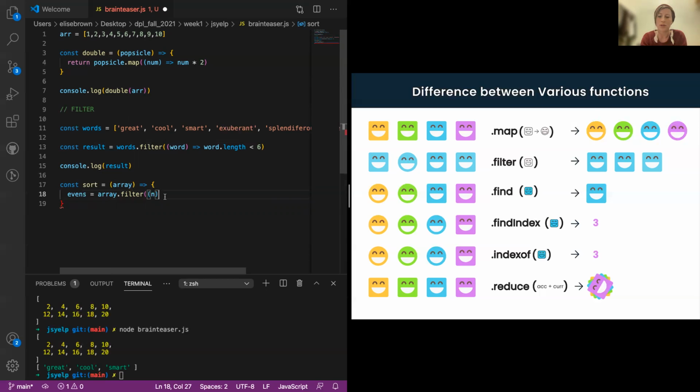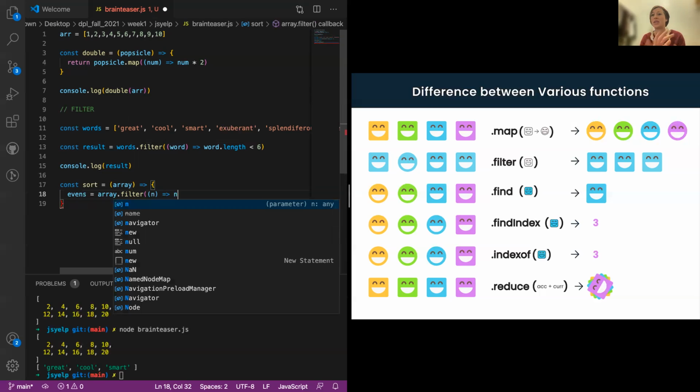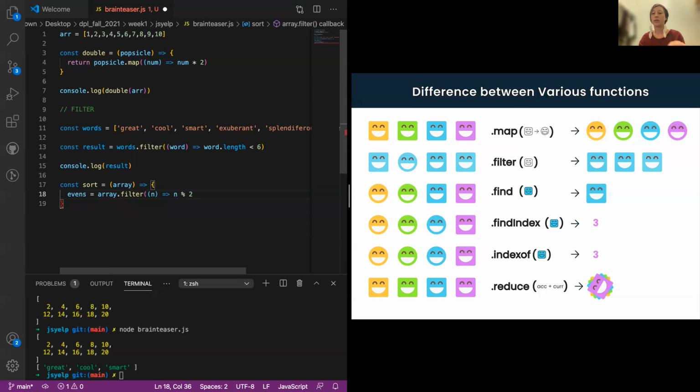You might just have to deal with that because I don't know how to change it. So we're going to go through each number in this array, and if the number modulus 2 is equal to 0, then we're keeping it, right? Because if